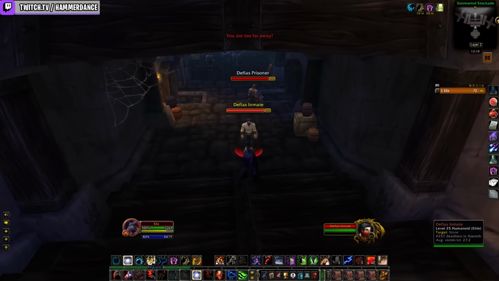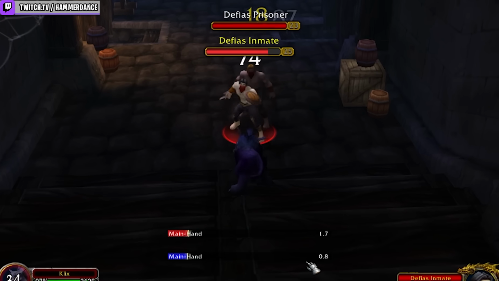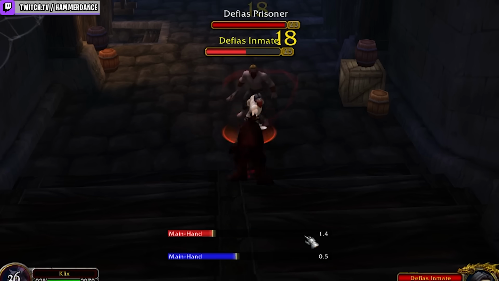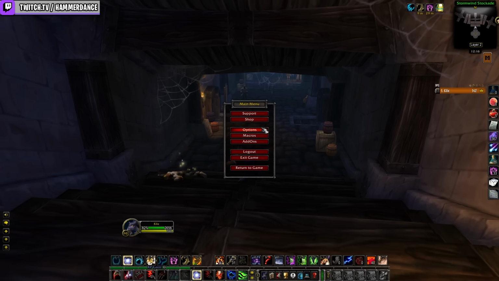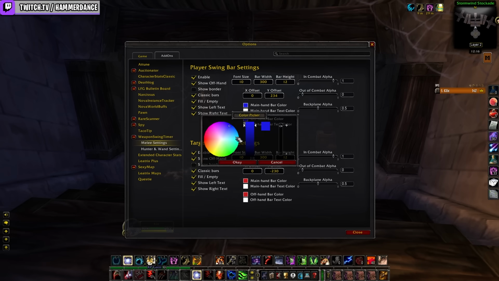We're going to run in and just start auto attacking this Defias inmate. This blue bar down here indicates our main hand swing, and this red bar indicates the Defias inmate, our target's main hand swing. Now with Weapon Swing Timer, you can head on over to your add-ons and hit this little sign right here, the drop down, and we can honestly mess with everything in here. You can change the color of it. So let's say we wanted to change the color of our bar to orange since we're a druid,